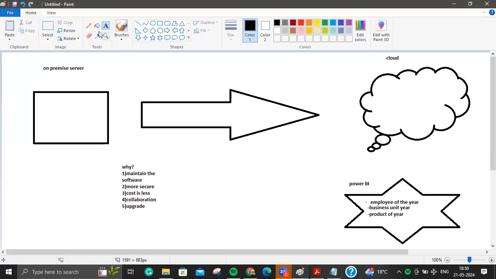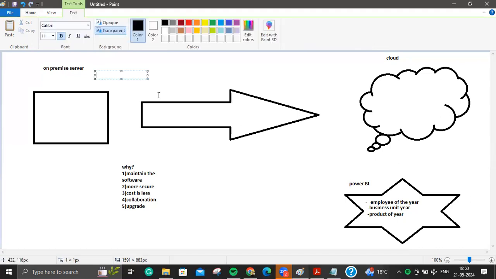Now, what will you do? You will try to move the data to the cloud. As a data engineer, you will try to create a pipeline from this server to this server, and move the data. Suppose here you have many tables: an employee table, a sales table, and a product table.